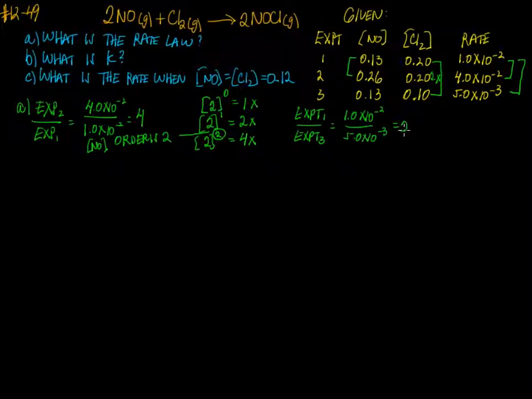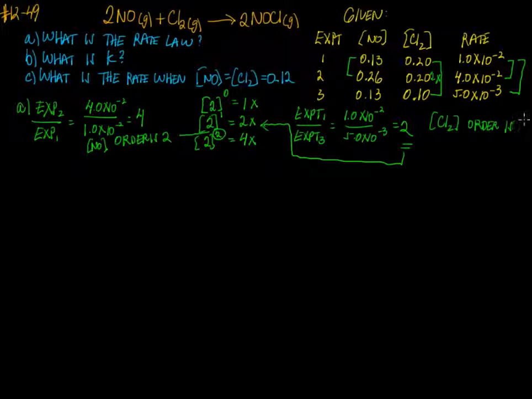And that's equal to 2. Okay? Again, that's how fast the rate changes. So we want to look over here, and we can see that if the rate doubles, the order is 1 here. Okay? So the Cl2 order